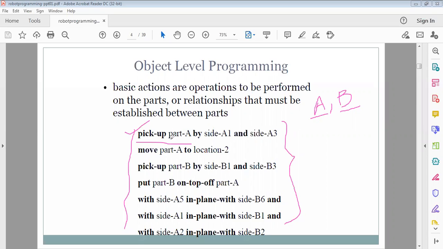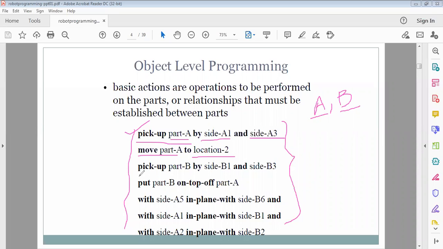Pick up part A by side A1 and side A3, face A1 and face A3. Using face A1 and face A3, the robot tries to pick the object. To that statement, you have to write the instructions of the program. Second, move part A from location 1 to location 2,